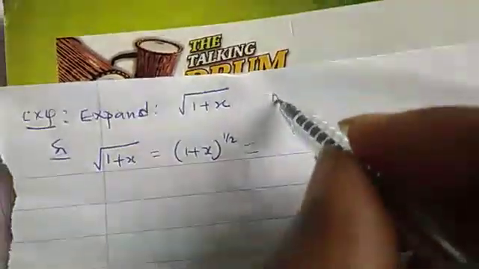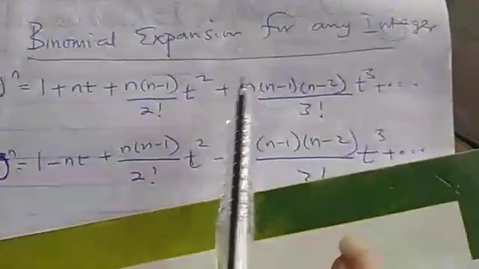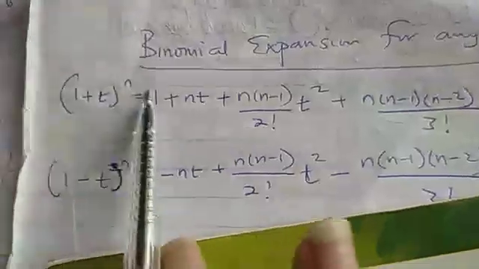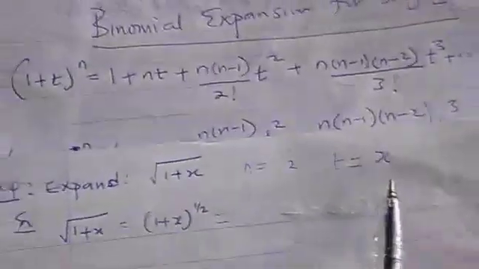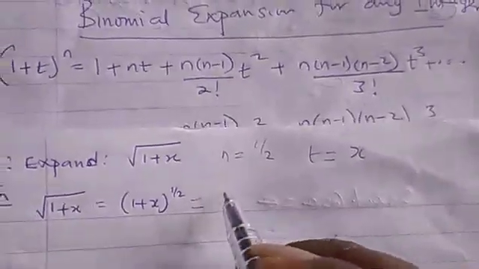So in that place, my n is half and my t is x. So I'll make use of this formula here. You can see that it looks like 1 plus t raised to power n. Which formula are we now using? I'm using this formula. Our n is representing half, while my t is representing x, so that my answer will become 1